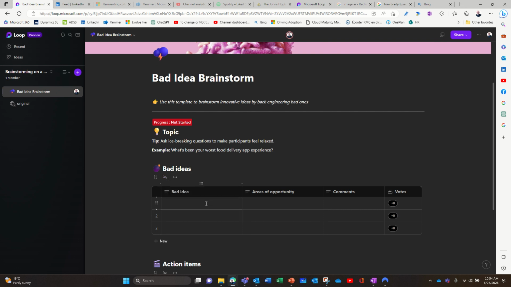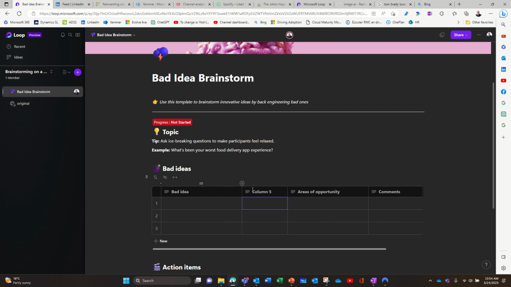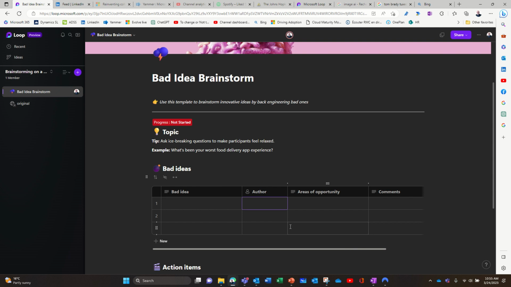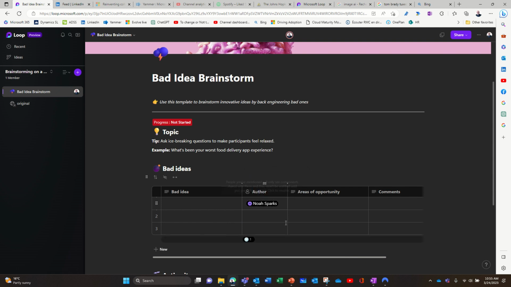Interesting thing is you can add whatever column you want. So for example, I can add a new column. Let's say I want to add a column called author, and you can select here the type of column it is. So you can change the column type and you can decide, is it a text, number, date, person. So here I'm going to put a person. And when you do that, then you can type a name of a person. So for example, I can type the name of my colleague, but since he's not invited